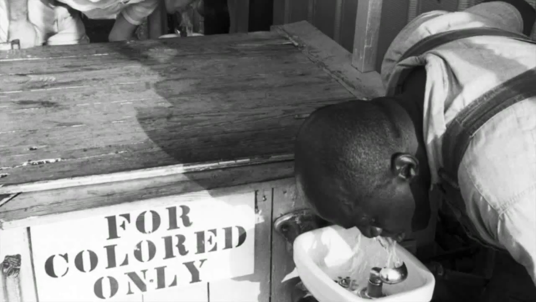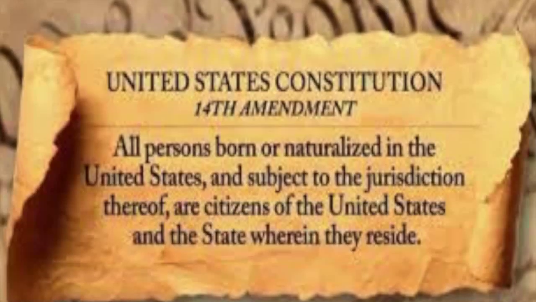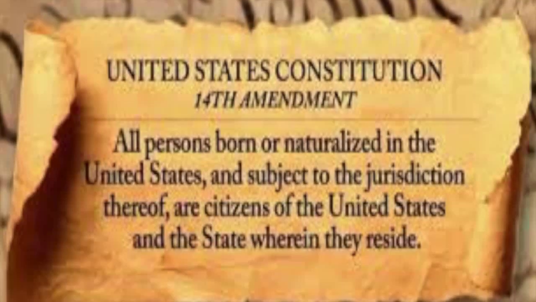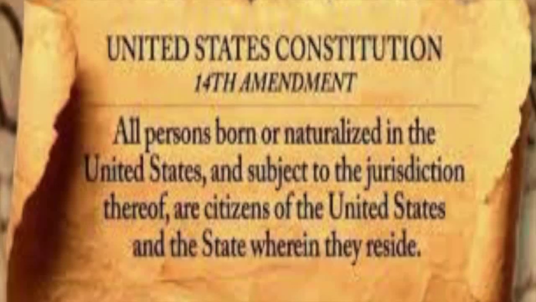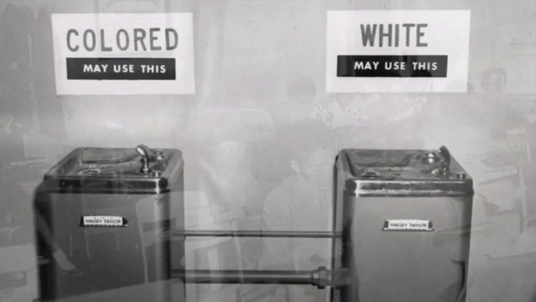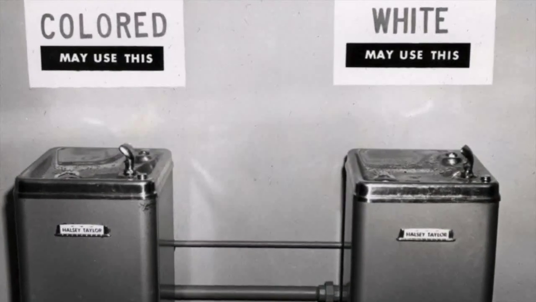When the case was presented before the Supreme Court, the court ruled 7-1 against Plessy, stating that because conditions were separate but equal, segregation laws obeyed the Equal Protection Clause of the 14th Amendment, which states that a state government cannot deny to any person within its jurisdiction the equal protection of the laws. The precedent of separate but equal set in this case was used to defend Jim Crow laws and enforce the